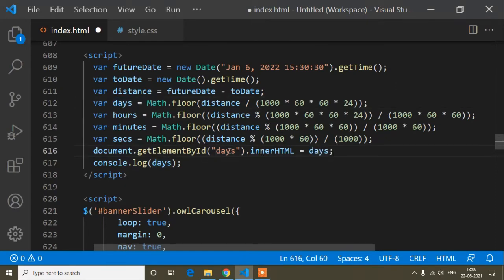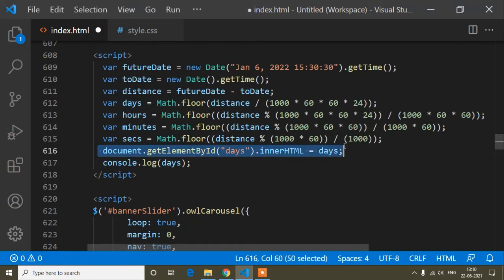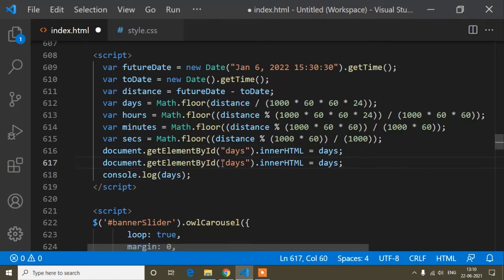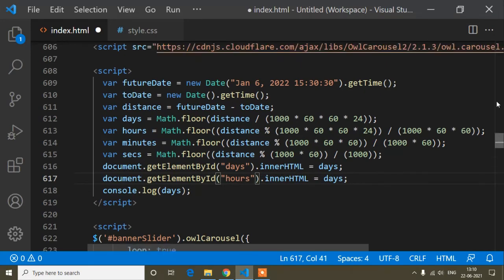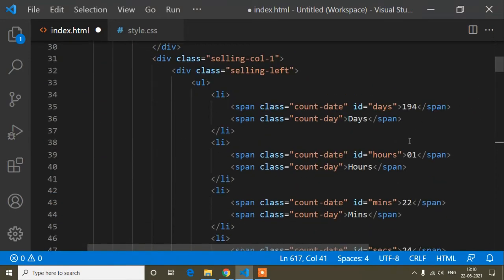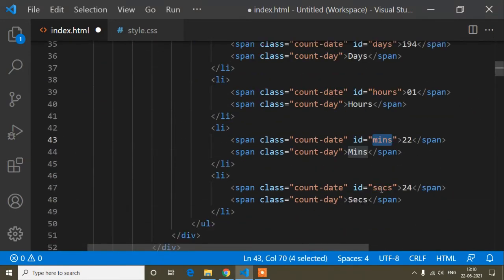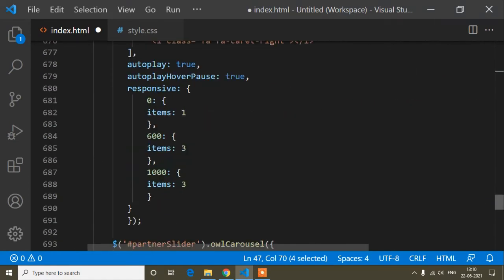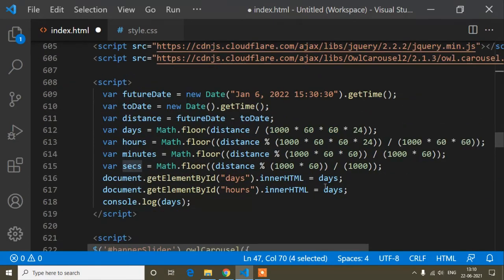So that means in this ID I will get this one, and in the same way I will copy this thing and paste it here. Now I will write the ID name, hours, because you can see here the ID names are hours, minutes and seconds. In this hours ID I will assign this hours variable.